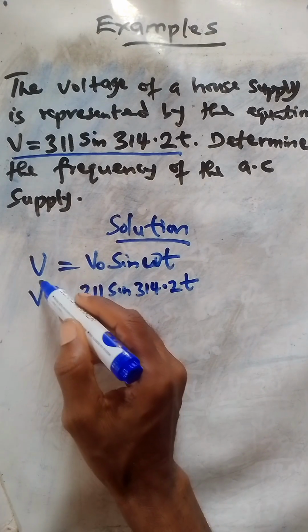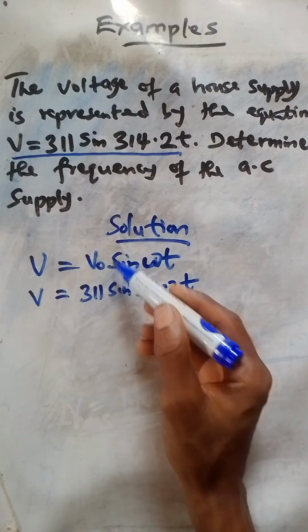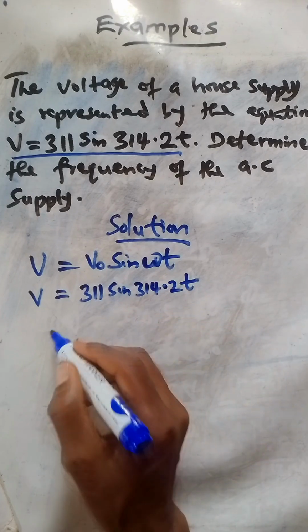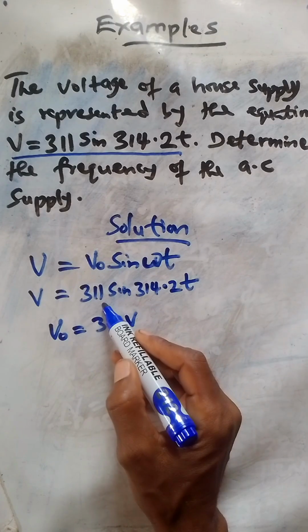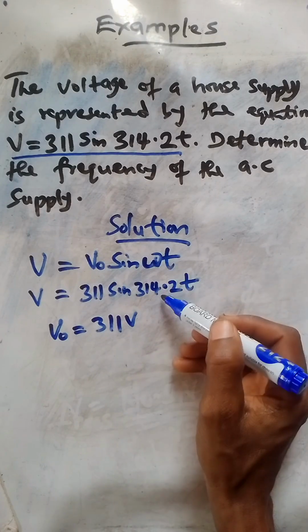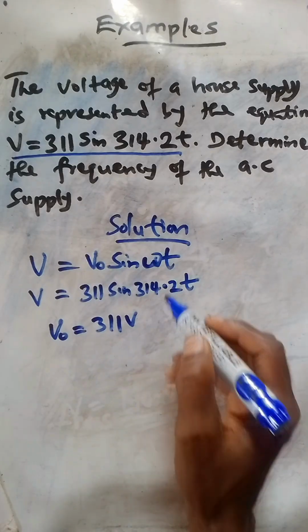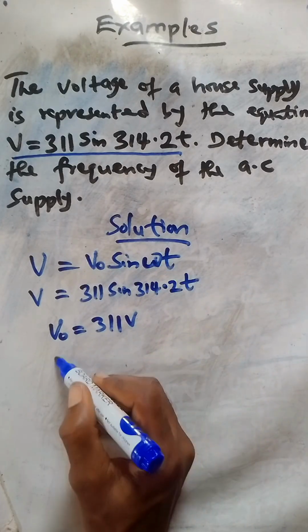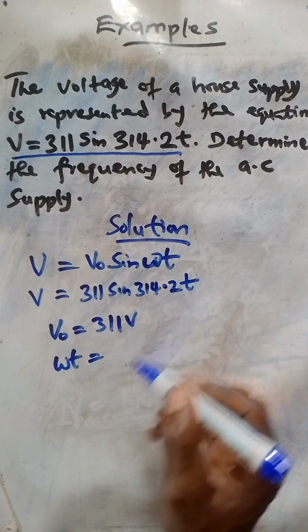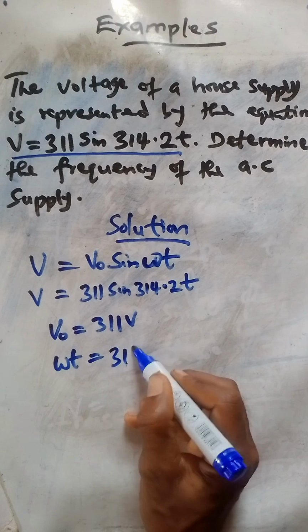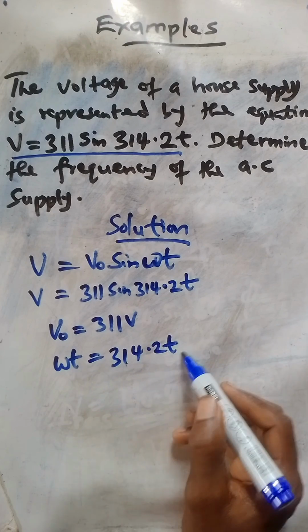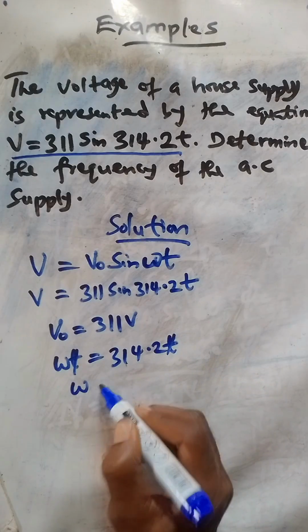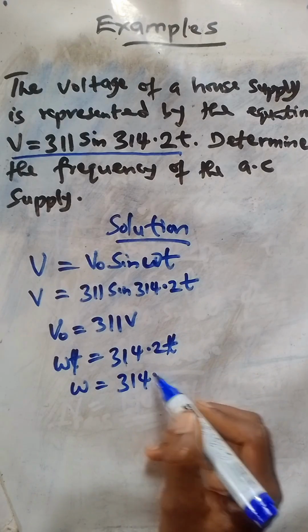When you compare, you see V is equal to V. Our peak voltage is equal to 311 volts. While wt is equal to this, so wt would be equal to 314.2t. You can see t here, t here, t will cancel out. So we have w is equal to 314.2